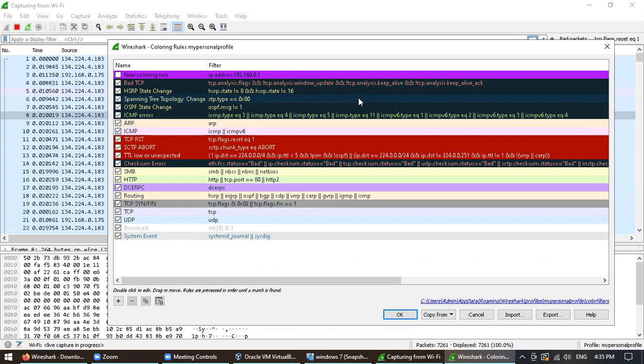If something is in this color, a light yellow, that means that's an ARP. ARP is like